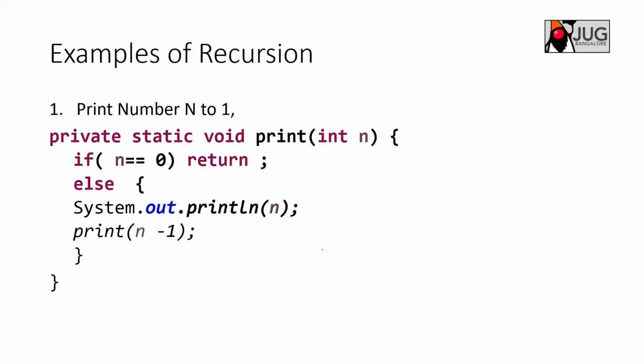Again, same thing. The base condition remains the same. Once n becomes 0, you just return. Or what you do is, you print the element first here, because now I have to print first. 5 is there, means 5 is printed first, and then call for the same recursive print. And then again that will be executed.